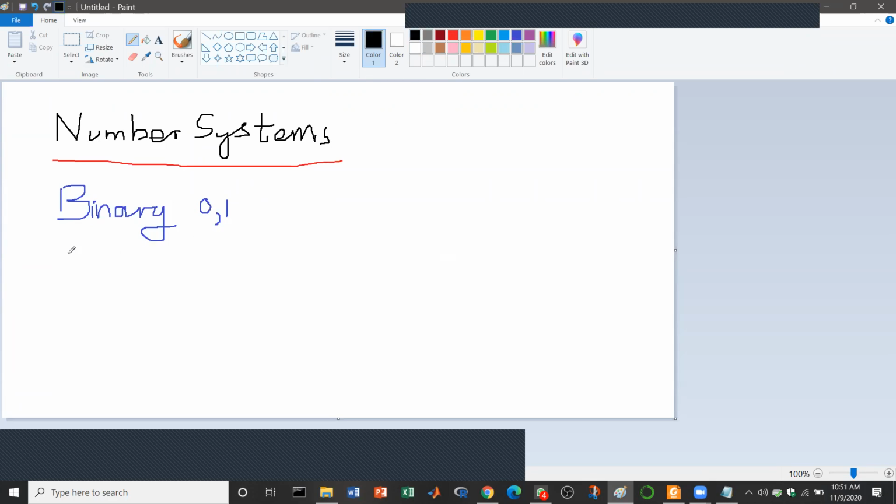Then we have the octal. Octal has 0, 1, 2, 3, 4, 5, 6 and 7. तो अगर हम 0 को भी count करें तो there are 8 octal digits. ठीक है, octal digits. Then we move towards the decimal, which is primarily our value system,